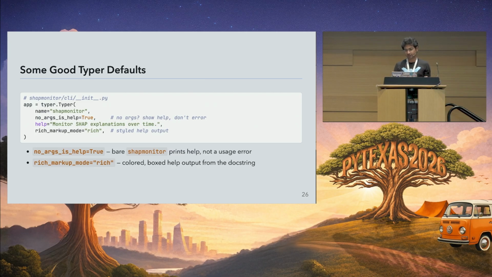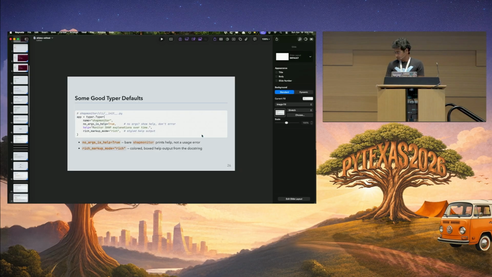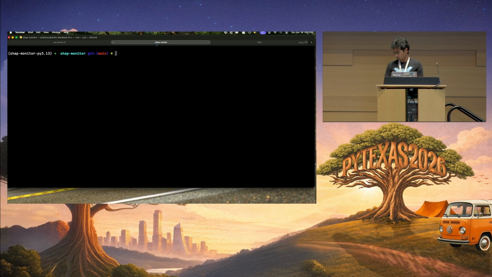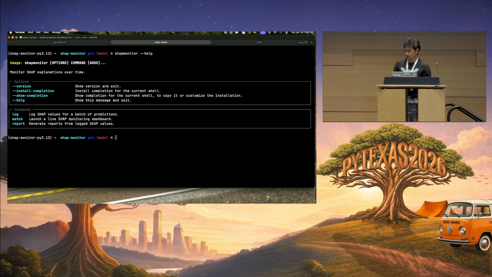These are some good defaults that you can use, and we'll go into those now. So let's look at this. Now we will go to the second one. If I do shap monitor help, it will give me all of this. All of this text comes from rich, which gives this beautiful UI for me to work with.